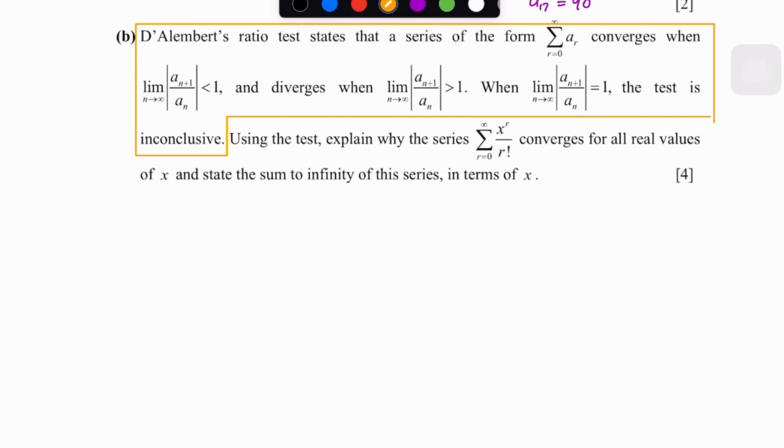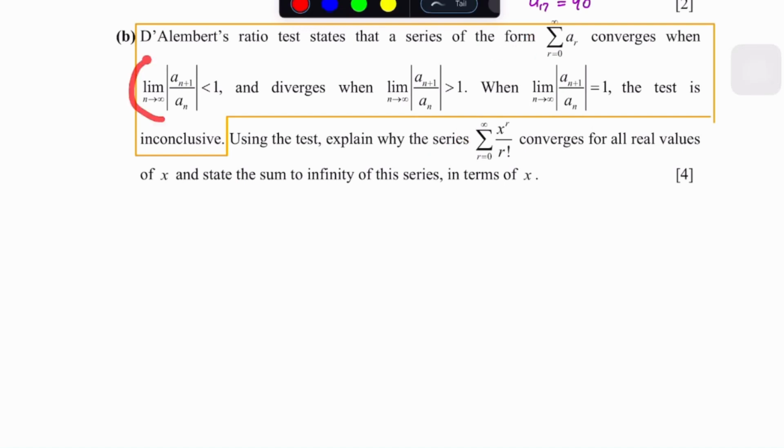Fine now. Okay, so this one over here is the results or the theorem that they give. So let's analyze this and see how we apply it to this particular one. We have the ratio test that says that a series of this form, this series over here